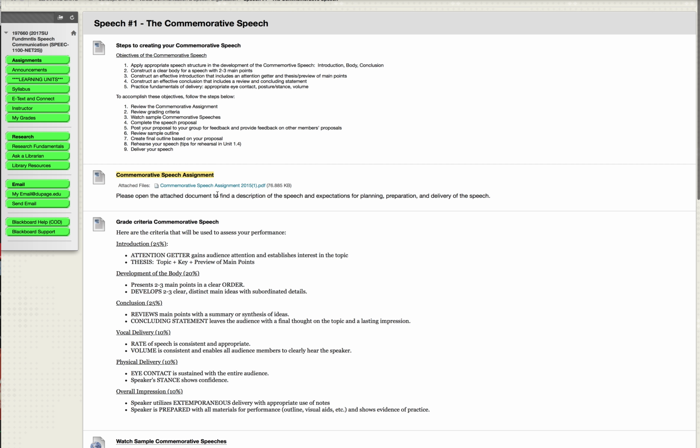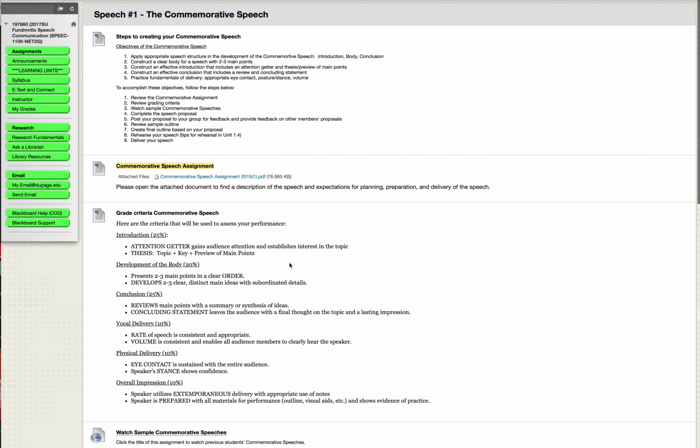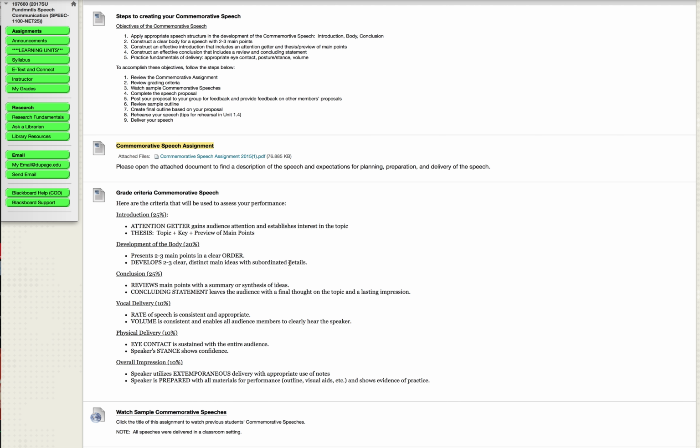In addition to the speech assignment, you will see here grading criteria. There are several items that you're graded on, and you'll notice that the grades are weighted. You'll see those weights here in parentheses. So as a speaker, you can make some determinations about where you're going to put your emphasis as you're preparing